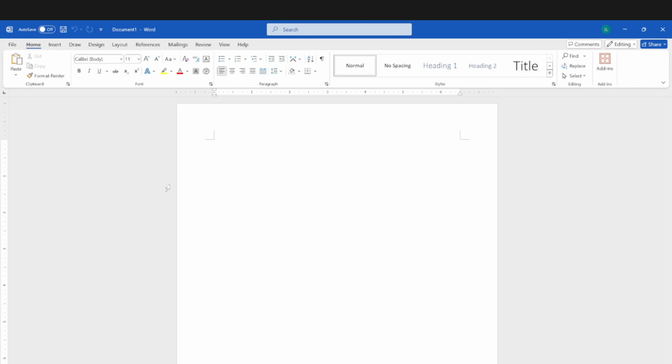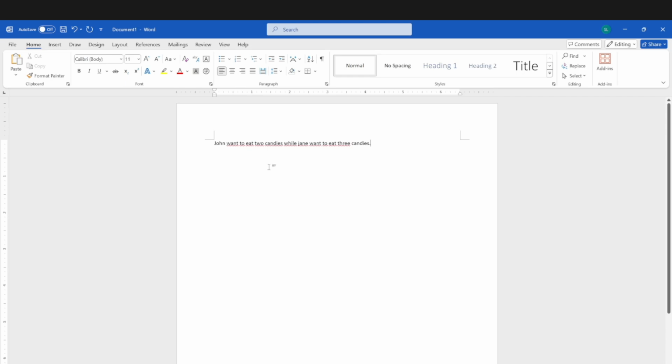So first, let's open up a blank document. Then to use these features, we need to write a sentence. For example, John wanted to eat two candies, while Jane wanted to eat three candies. Now we have a sentence right here.